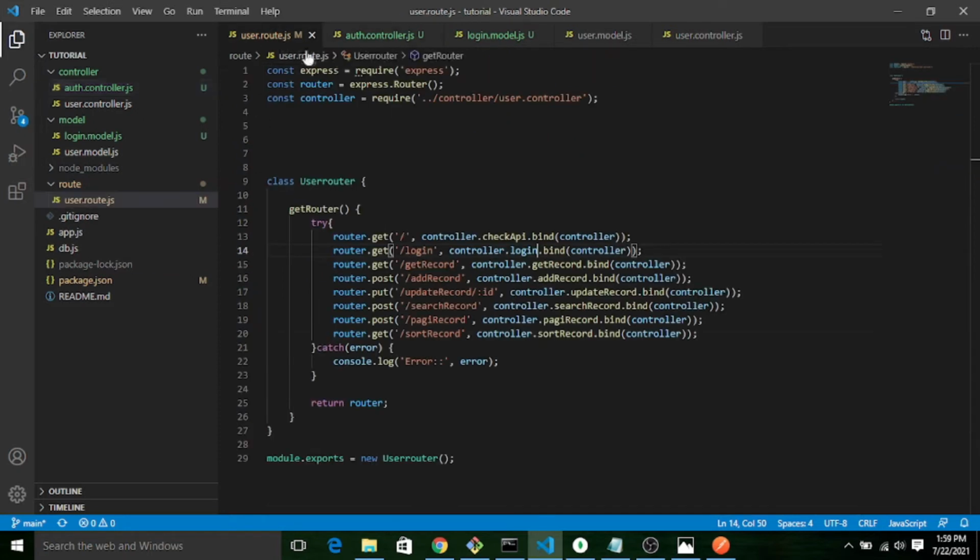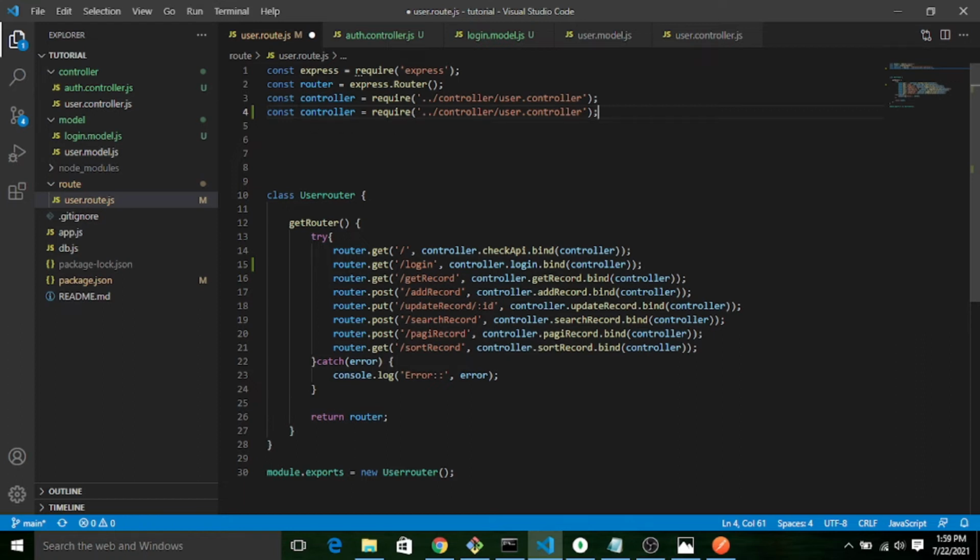Same we will import in the route file. Let's say login controller, auth controller. Now this is done. So let me check.